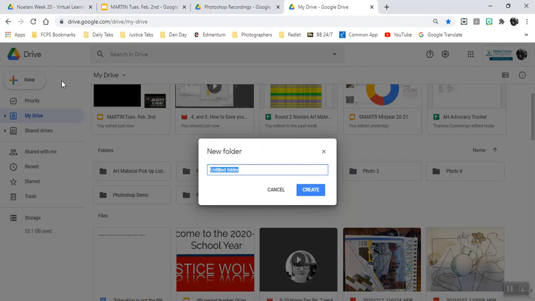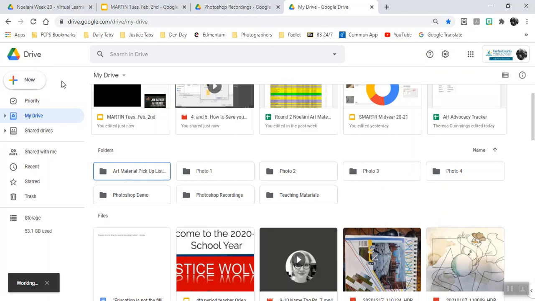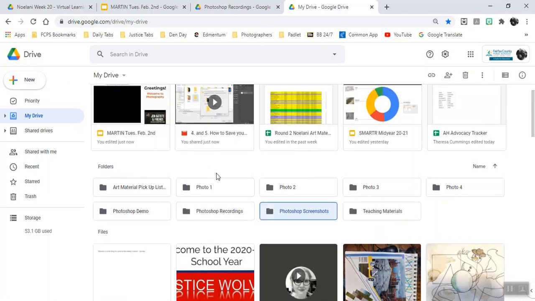Oh yes, later on I'm going to be making some Photoshop screenshots, so that would be a good folder for me. However, for you all, please make sure that here in your Google Drive you have a folder called Photo 1. So for me, if I go ahead and open this up by double clicking,